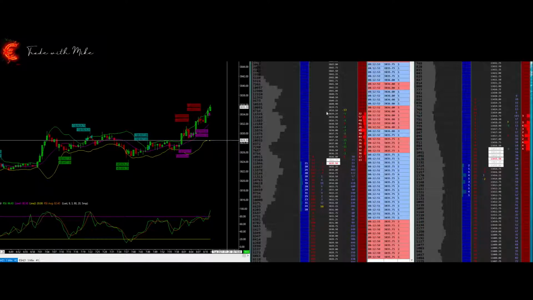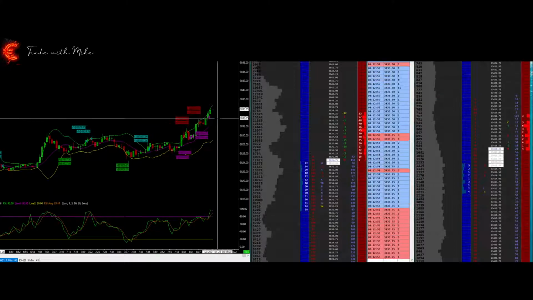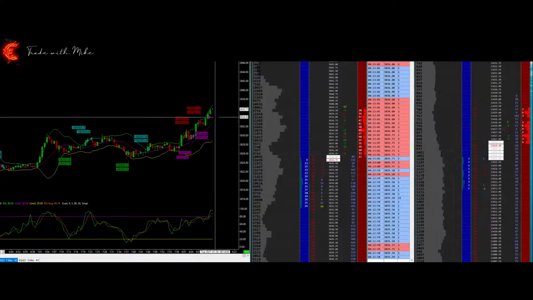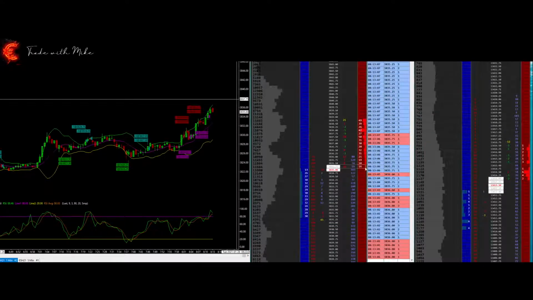Buyers. You see, that's why you stick to your plan and you don't move your stop loss when it goes against you. It's better to get stopped out with a small loss than to hold it and pray for the price to go back. You know,